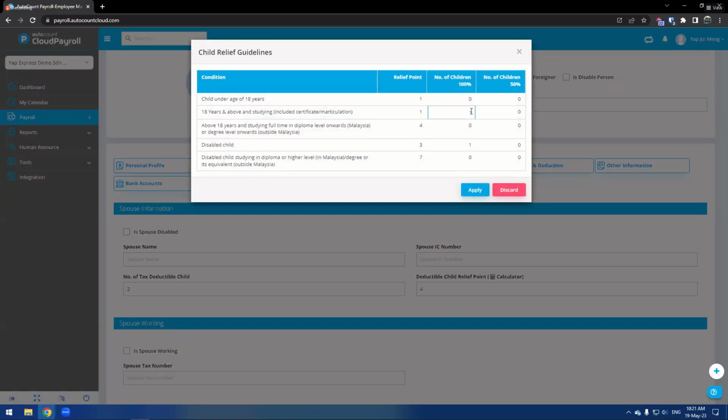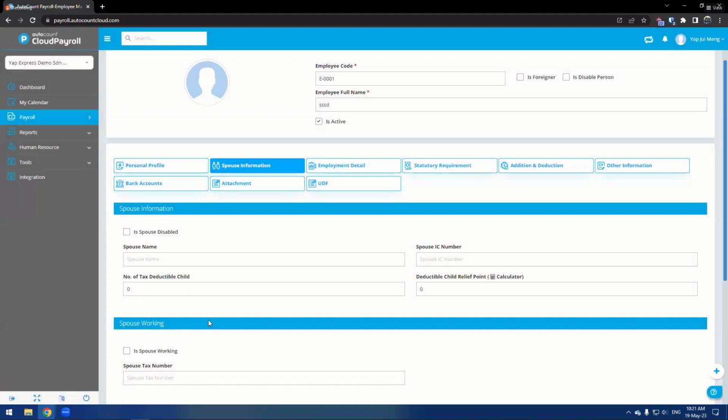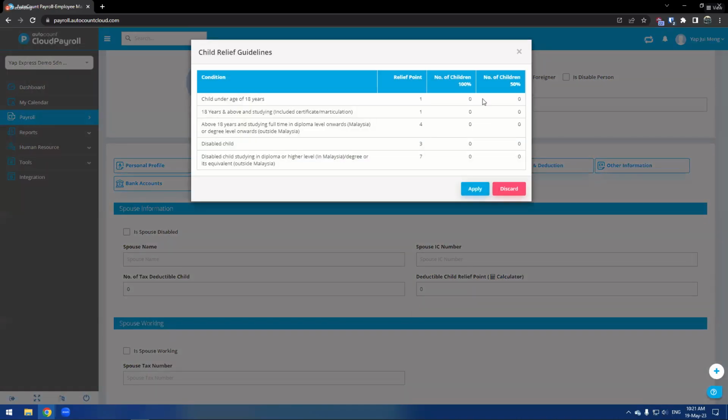Right, so now let me show you how we do it, by clearing off everything first. Let's say this employee is a married couple and they have children. So what you need to do is update how many children they have and so on, because it also affects calculation. In order to do that, you just click on the calculator and then you fill up this